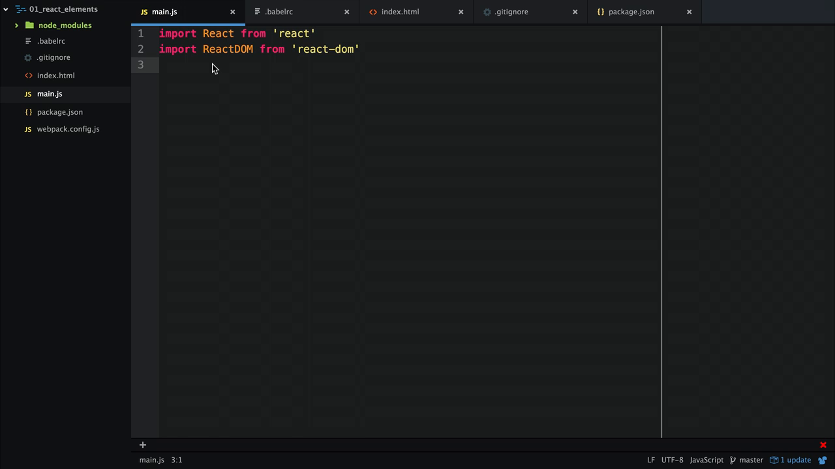To create and display a React element, we have to follow two simple steps. We have to create the React element and we have to render it into our DOM. In order to create a React element, we will use the